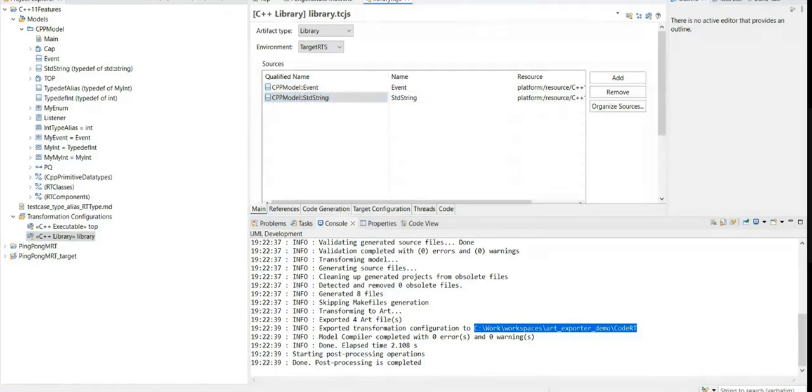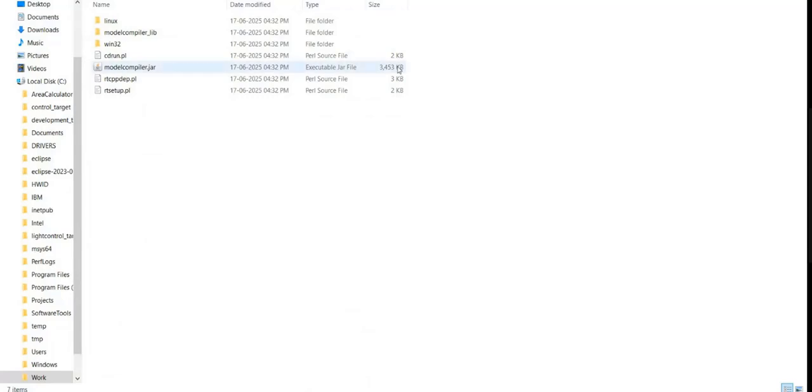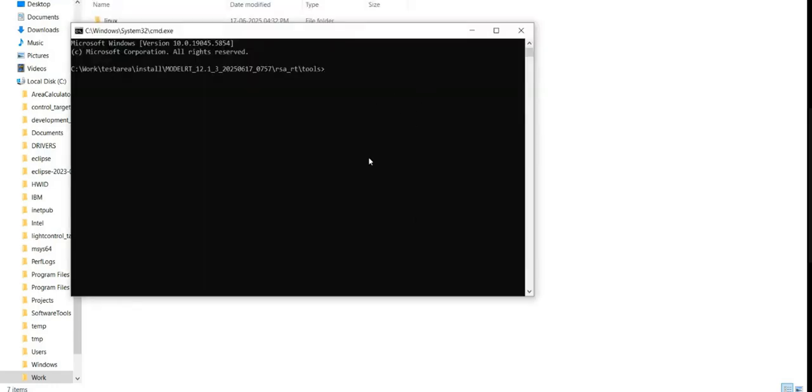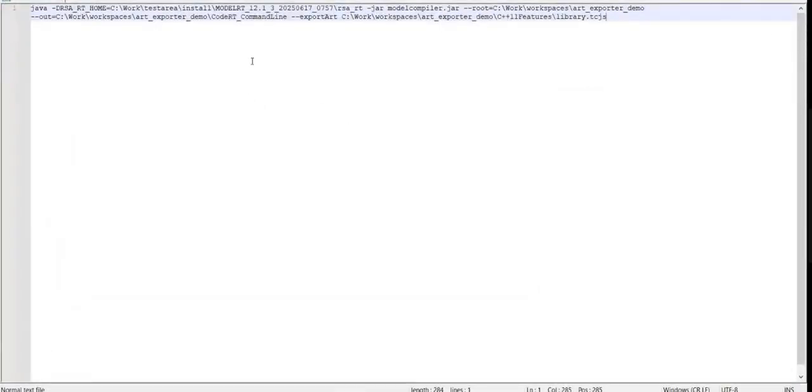The first step would be to locate the model compiler jar from the installation location and then run the model compiler using the hyphen export ART option in order to perform the ART export. So here is the command to do an export.